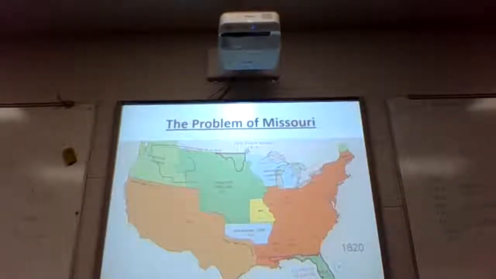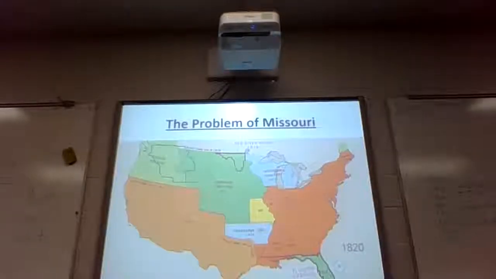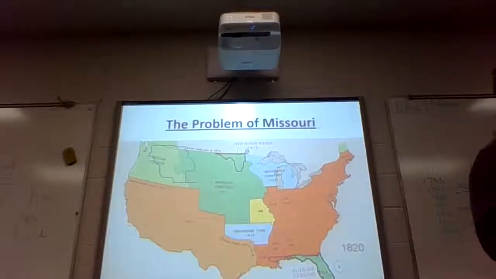Middle of the second paragraph. Up five lines down: reserving each state to itself the residuary right to their own self-government. And that whensoever the general government assumes undelegated powers, its acts are unauthoritative, void, and of no force. Right? If a federal law be dumb, we can ignore it, because states have the authority within the border of the state. The state has that authority, if a law be dumb.